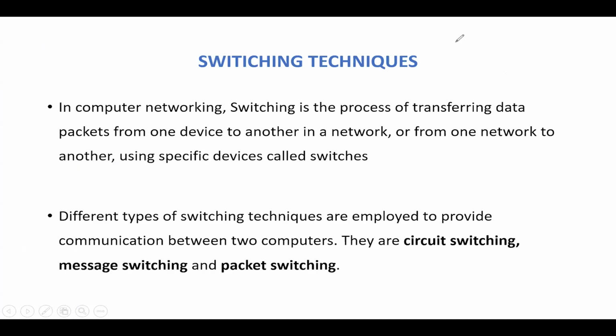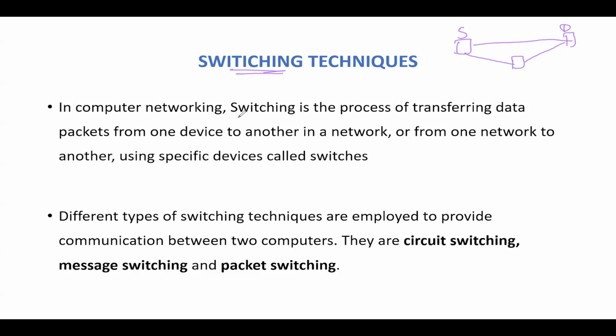So since we are discussing the networking concept here, whenever we have a network, there are n number of nodes connected via different kinds of LAN, WAN, or different kinds of networking where we need to pass the data or send the data, for example, from one source to another destination. So the way we are going to pass this data is your switching techniques, where we will be talking about what are the various types of switching through which we can pass the data from source to the